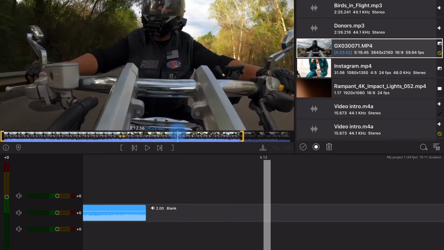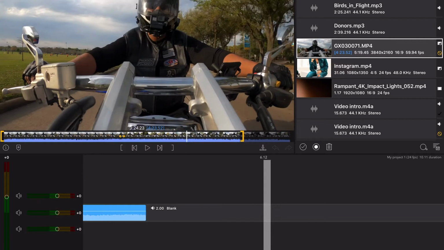Generally what I do, if I'm not going to be talking over the video and it's just going to be me riding, or guys can use something like this if you've got a group ride going on and the person who's recording is up front or in the middle where you can capture quite a bit of the footage wide-angle, you can just go with something like this. So right here,